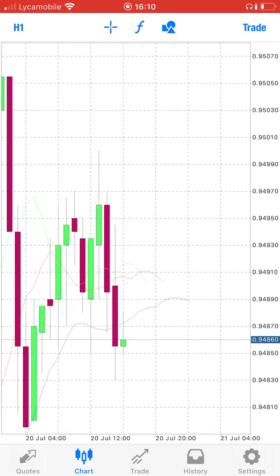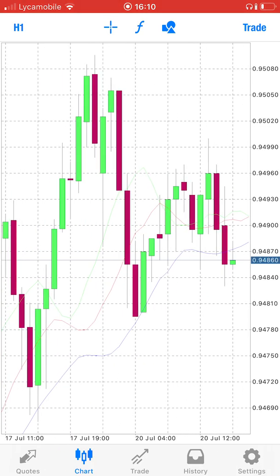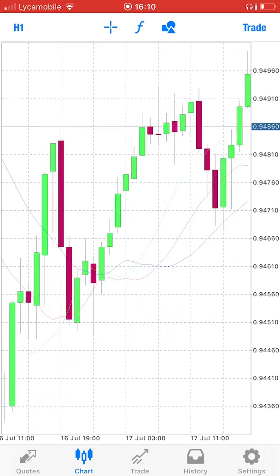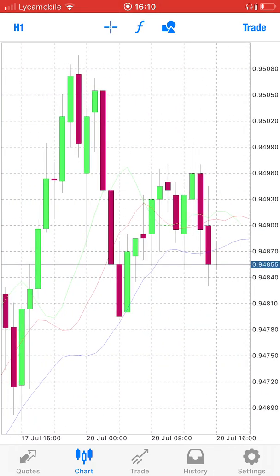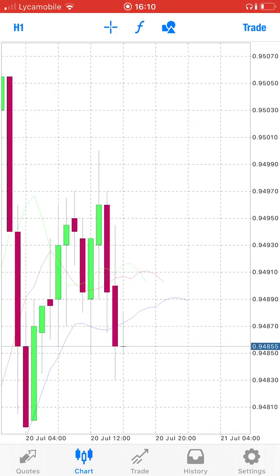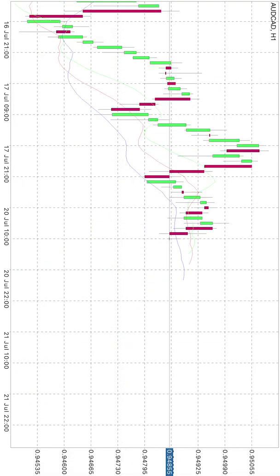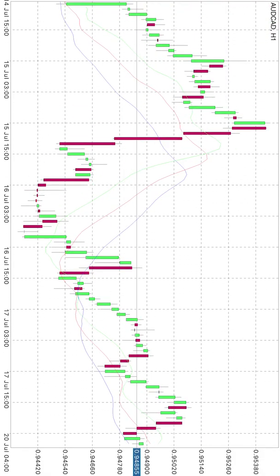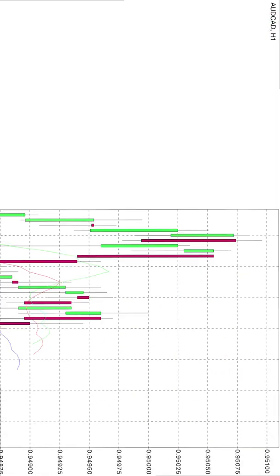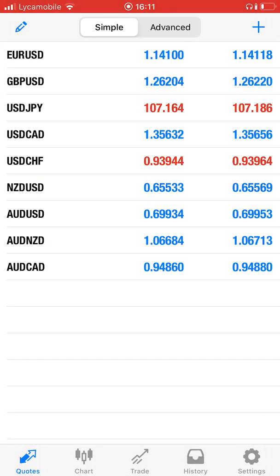Maybe in our next videos I'll teach you how to set the charts, because I prefer using red and green. So in our next video I will teach us how to change the colors. For now, we are here to know how to trade MetaTrader 4. So this is our chart. So we go back to our